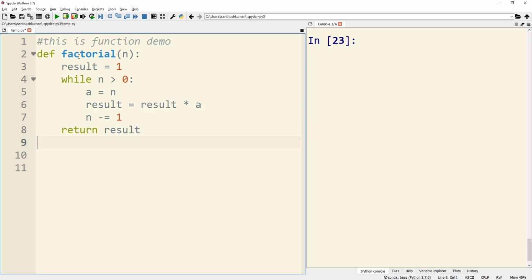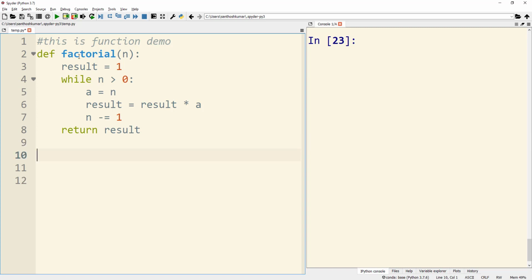So the factorial of 3 is 3 into 2 into 1, factorial of 4 is 4 into 3 into 2 into 1. So as long as n is becoming 1, this condition would be executed, and the value would be stored in the result.